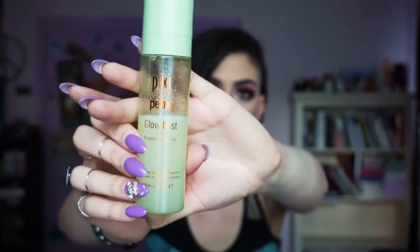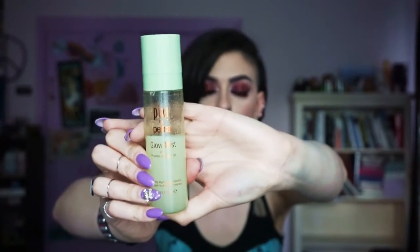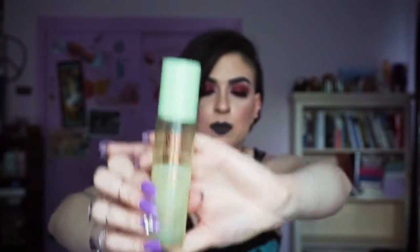And then the last face item, this I would classify as skincare or cosmetic. It is the Pixie Glow Mist, and I actually use this as a prep before I put on my moisturizing oil, as part of my skincare routine, and I also use it as a finishing spray. So this is hydrating because it has argan oil, but I would say that this works for all skin types, especially acne prone skin, because acne prone skin probably is craving a lot of hydration because you're using a lot